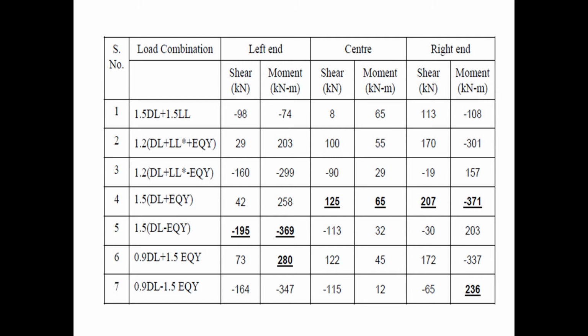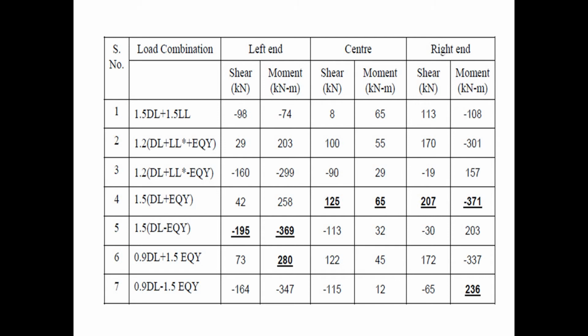calculated, you can say the calculated maximum shear or moment value, is given. So in this case the maximum value as per case numbers 4, 5 and 6, if you see, the maximum value is given here. For the left side, if you consider the left hand, shear and moment are there. The shear has the maximum value of minus 195, which comes under case 5, whereas for the moment there are two moments available, that is minus 369 or 280. So you can go for 369.